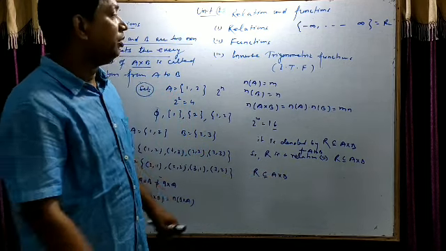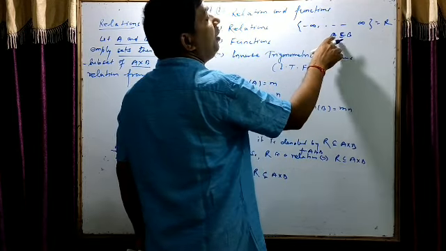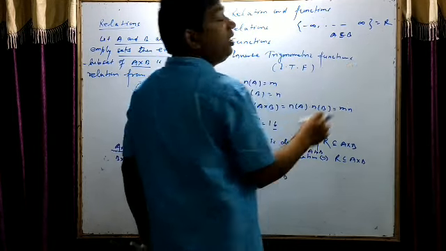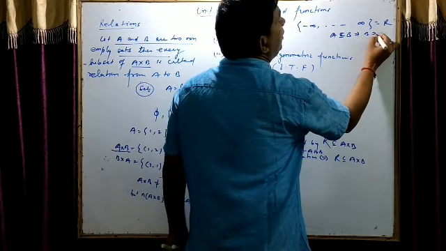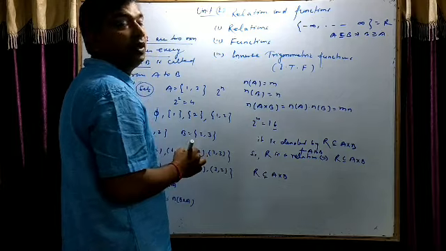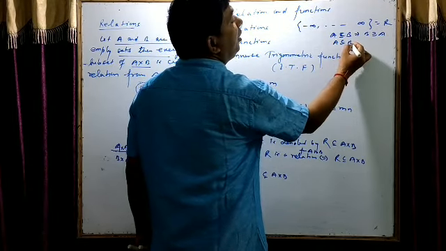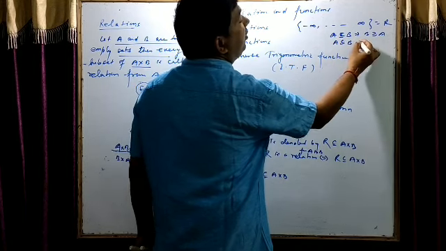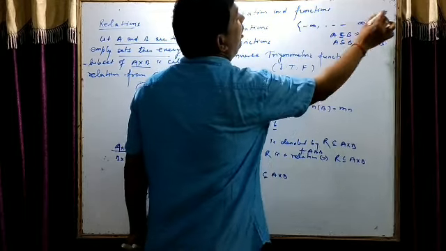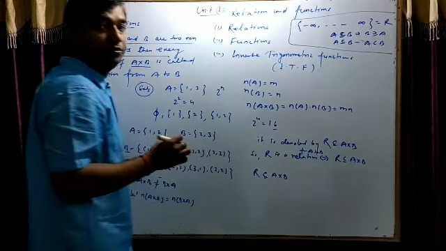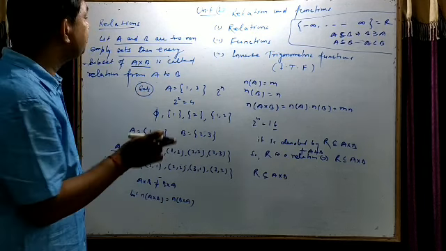Suppose it is written A subset B, what does it mean? It means every element of A is in B, then A is called a subset of B. And if A is a subset of B, then B is a superset of A. And one more thing, if A is a subset of B and B has at least one element which is not in A, then it is a proper subset. These are the things you already learned in class 11 in set theory. So here, again, a small revision.